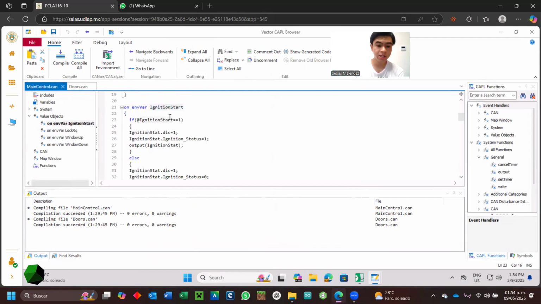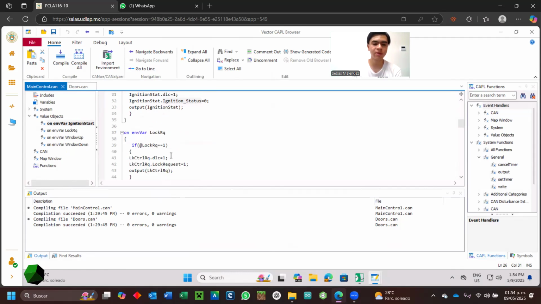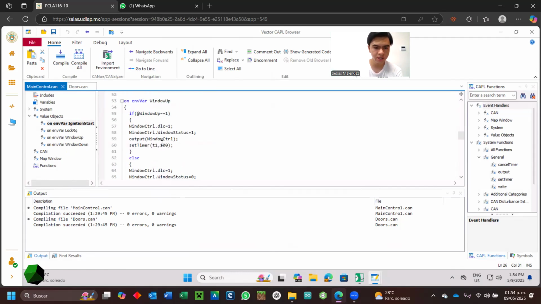We initialize the environment variables. Ignition start: if ignition start is 1, it changes the data link code to 1. Here the signal is also set to 1, and the same for basically all the other ones, except for window up,